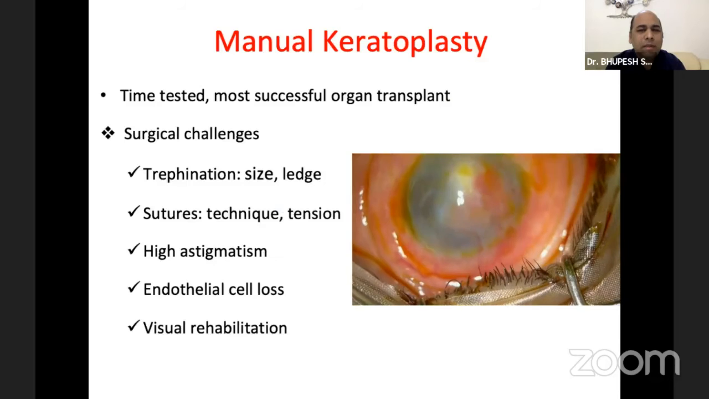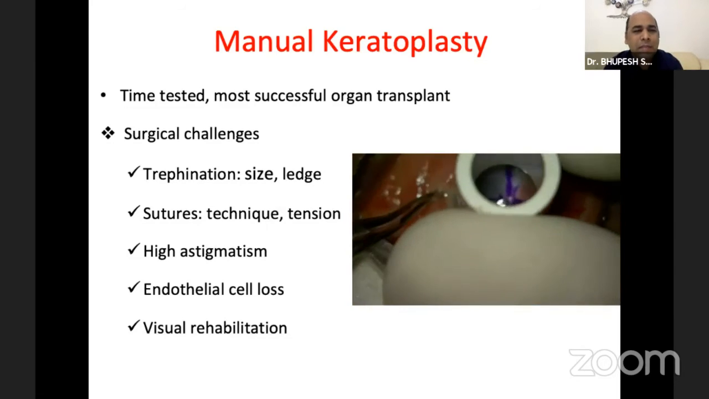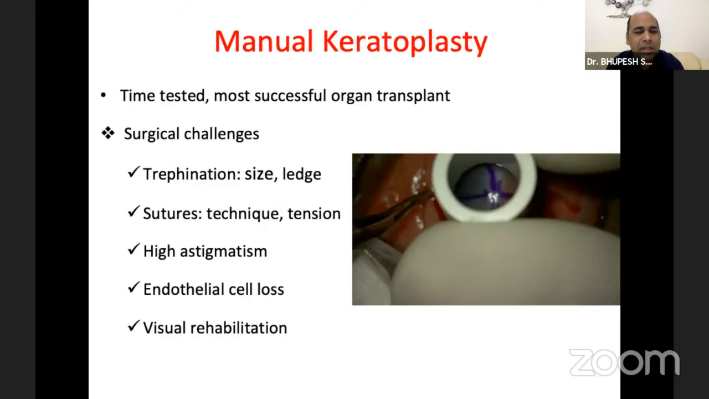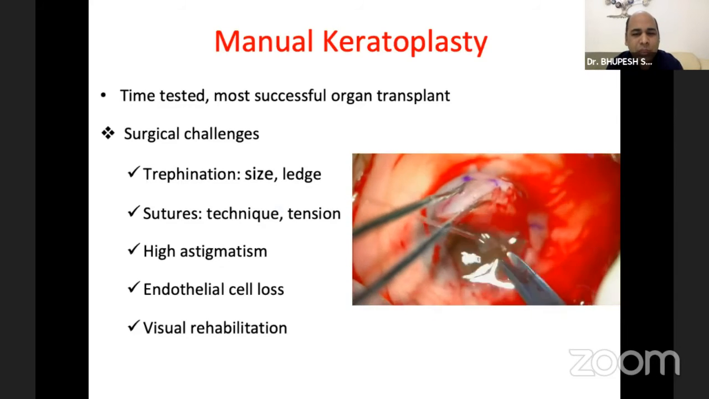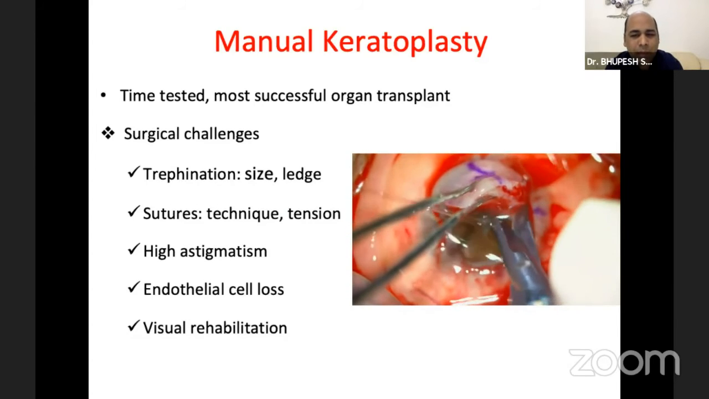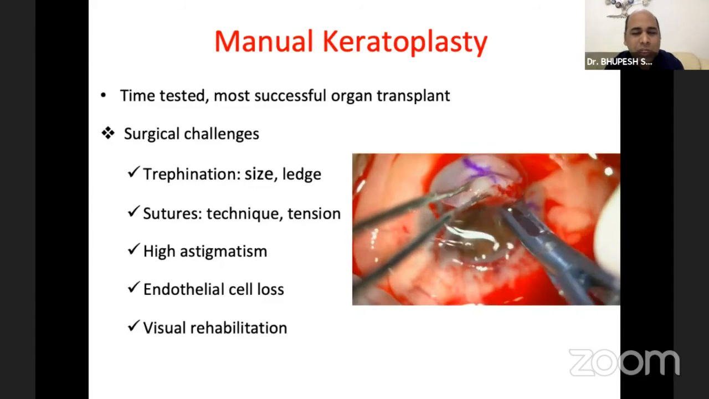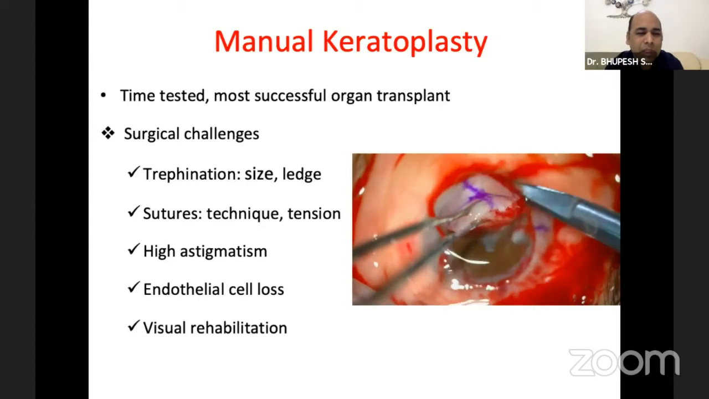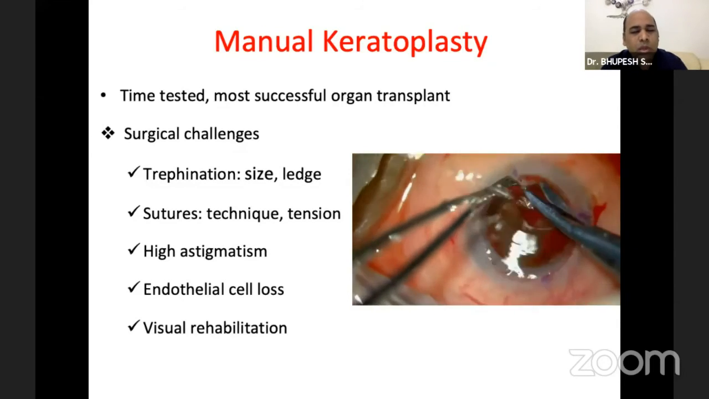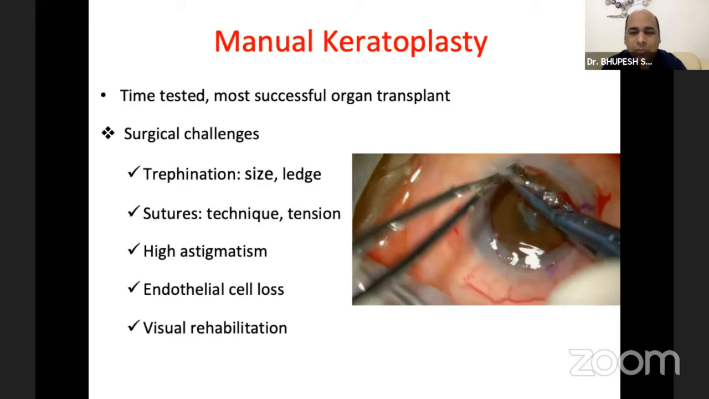So we all know that manual keratoplasty is a time-tested, most successful organ transplant. Although there are different surgical challenges, like the problem of trephination, the problem with sizing, ledge issues, then suturing, the correct technique, the appropriate tension needed for any case, high astigmatism in the post-operative period, high endothelial cell loss, and then delayed visual rehabilitation. So to overcome all these challenges, now we have